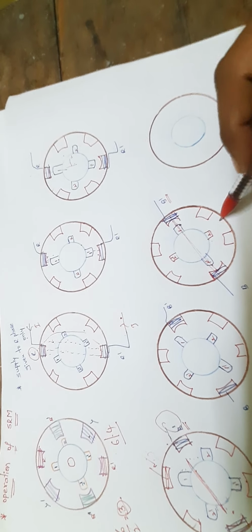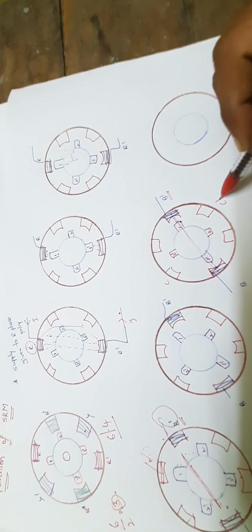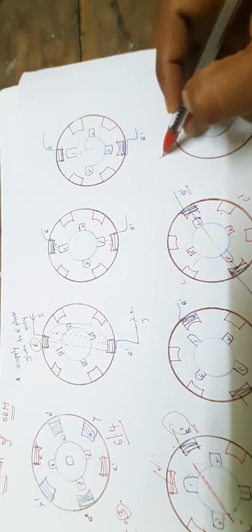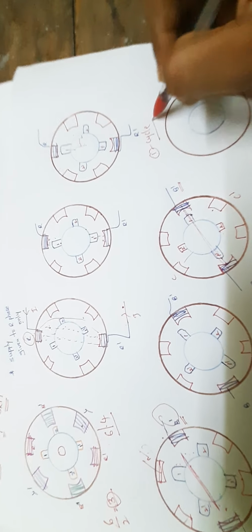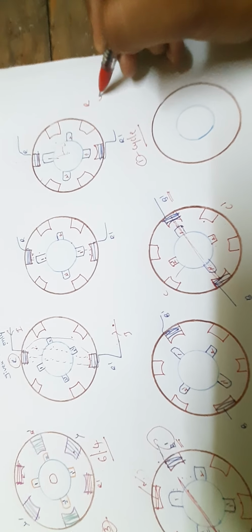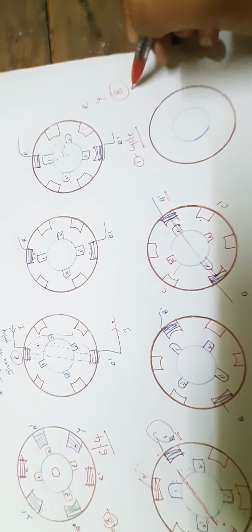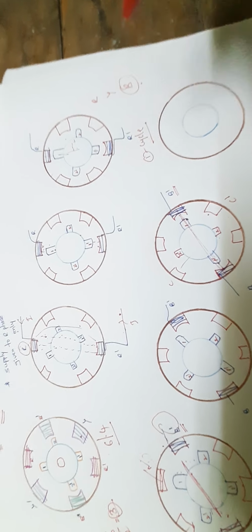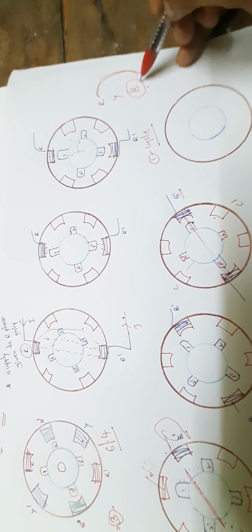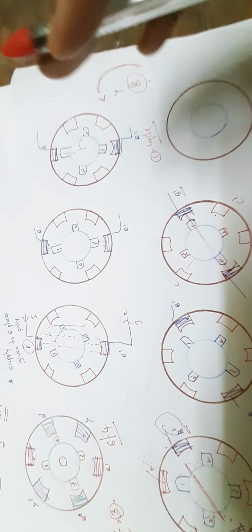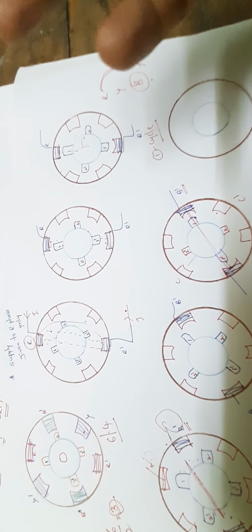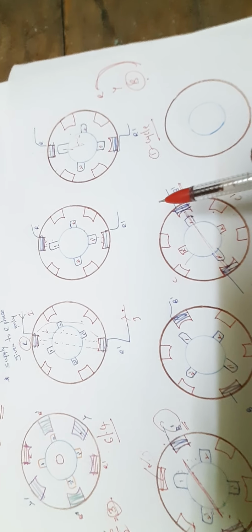Now in the next case, I am giving the supply to the C and C dash. The rotor will be rotated again. The rotor part completes one cycle. Always we are giving only a single supply, the R phase, after that the Y phase, and then the B. Similarly, it will continue by giving the supply to the single phases. It rotates the rotor and produces the electromagnetic torque.